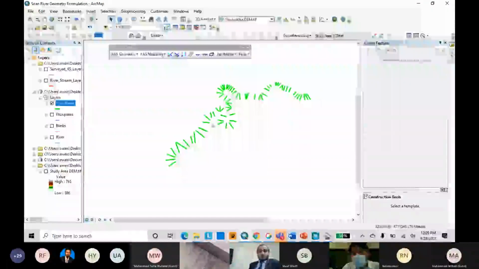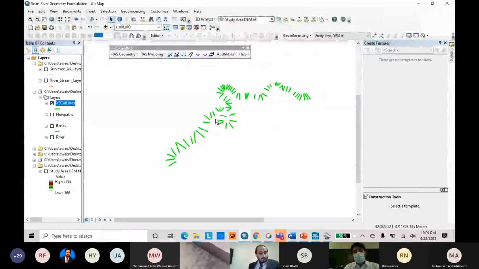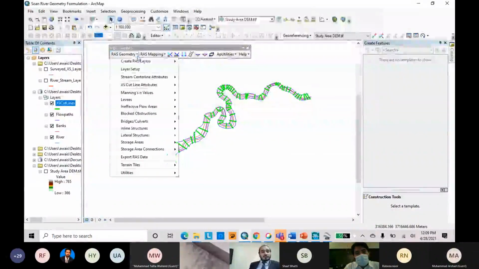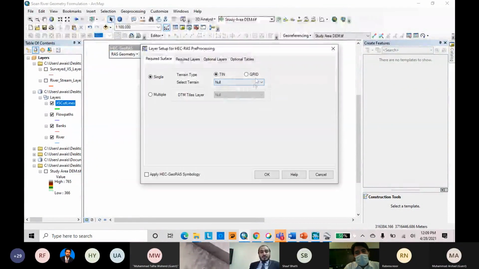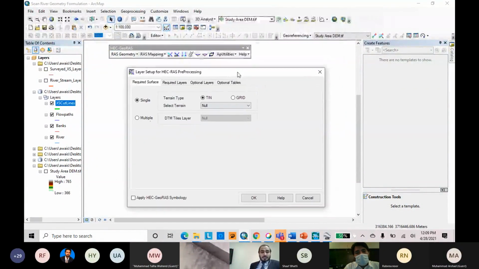Now our cross section has been digitized in a couple of minutes instead of taking an hour. The next step is to extract the features again for all these layers using our digital elevation model. But the important point is that the step I left in the previous slide, the layer setup on slide 44, we will perform now at the end, because you can perform it first or second, no issue. Why do we need to set up the layer?